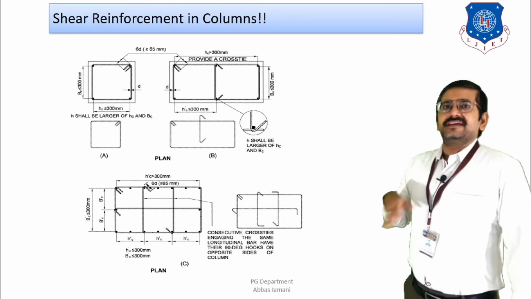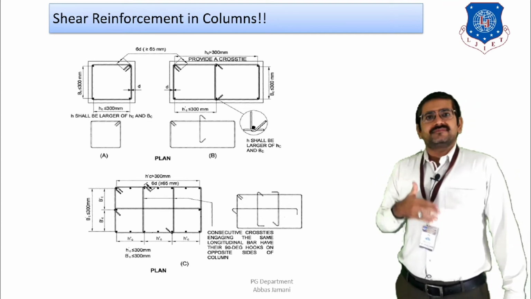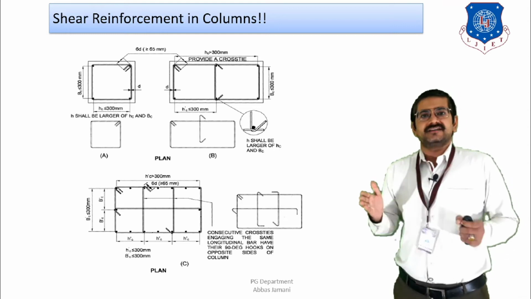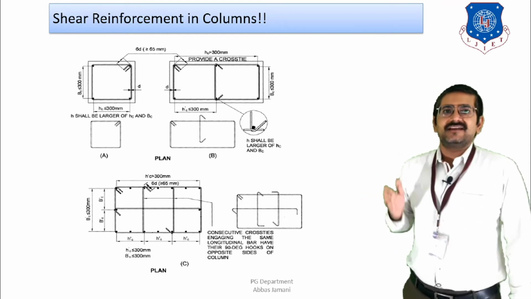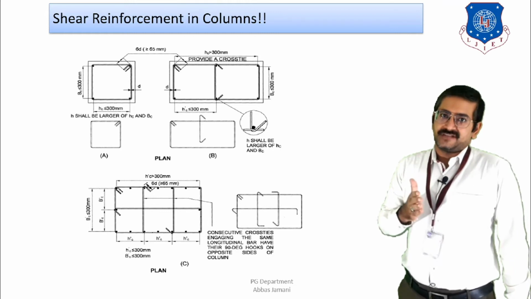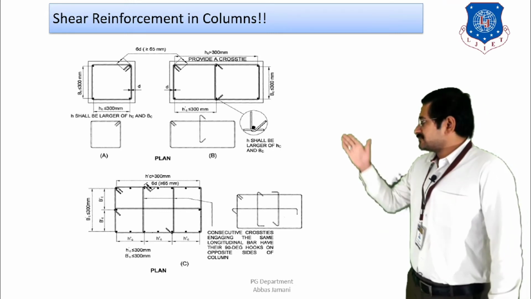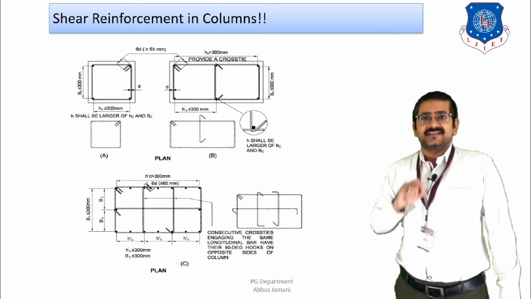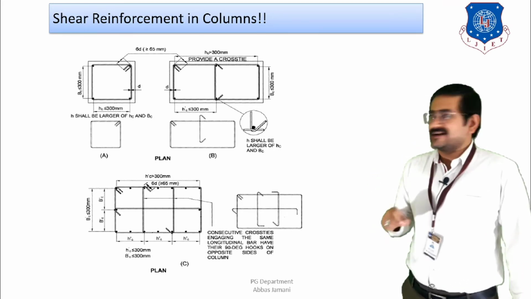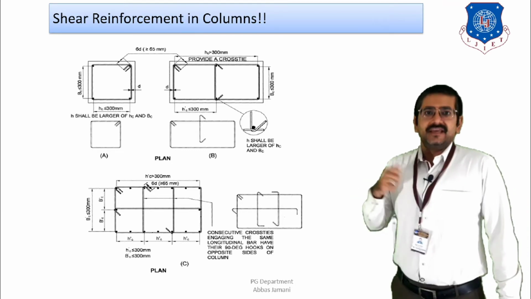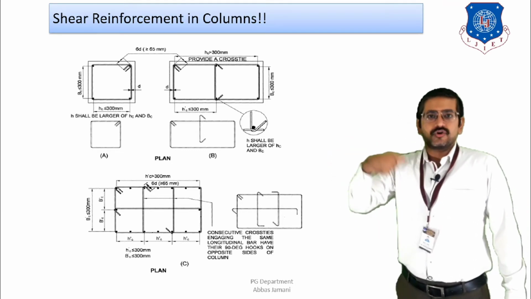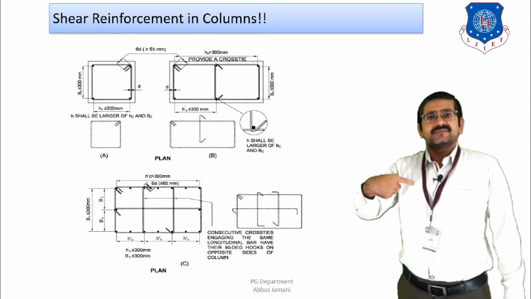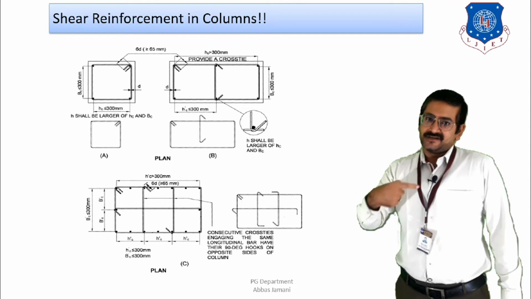But if the height of the column or breadth of the column is increasing, or the distance between the adjacent faces of the stirrup is increasing and it is greater than 300, then the introduction of a cross tie has been made compulsory. You can see in the second figure where the height of the column is shown as greater than 300 mm, and when it is greater than 300 mm, then the cross tie is introduced. In the case of the cross tie also, the hook should be properly curtailed, and the length of the hook should be 6D or 65 mm, whichever is greater.